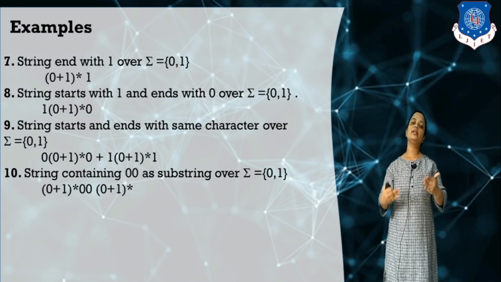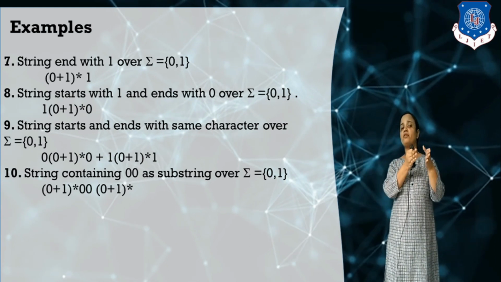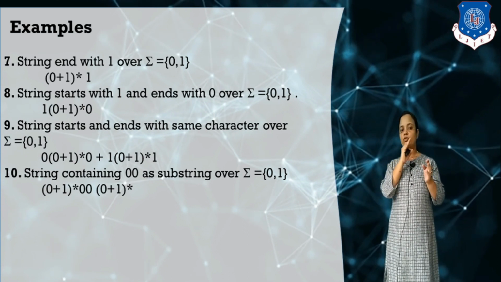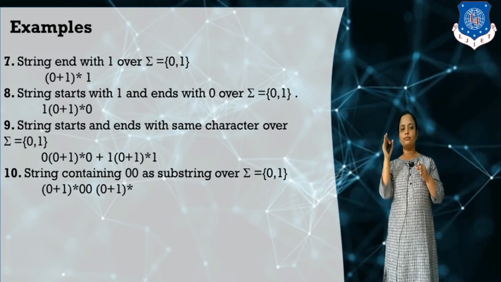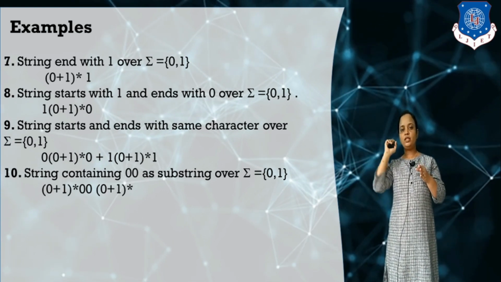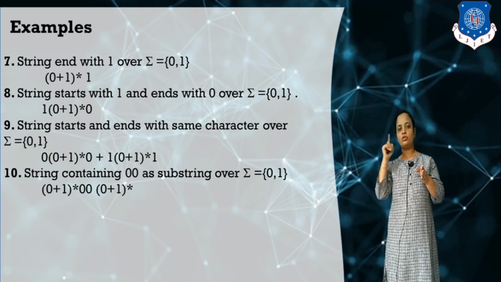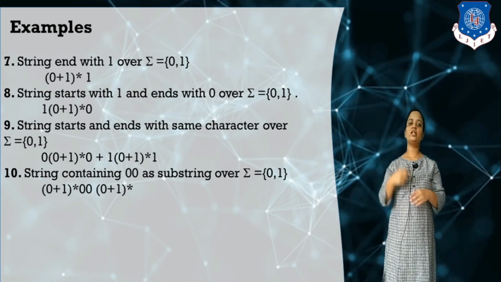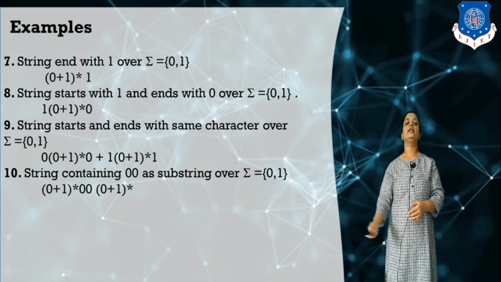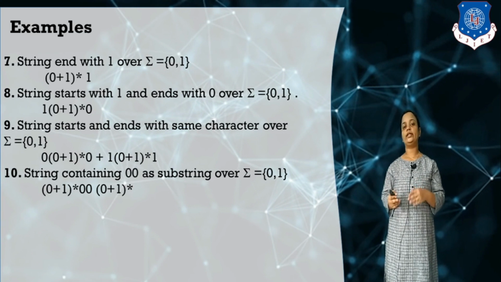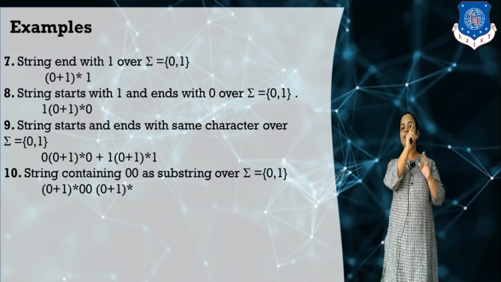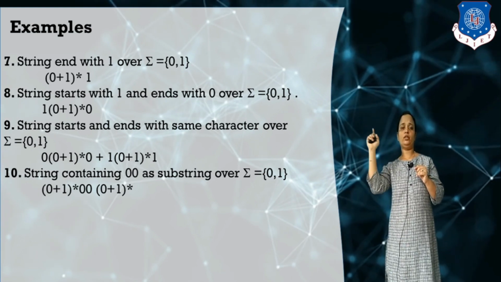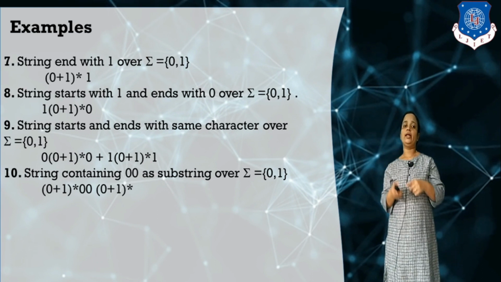Suppose I want to generate the string 0 0 1. In the first term I put nothing and in the last term I put the 1. So null dot 0 0 dot, raised to 1 means this term is repeated one time, so you can take either 0 or 1. To generate 0 0 1, in this term we pick up the 1. Likewise we can generate the set of strings containing the substring, like 1 0 0. In the first term the star is repeated one time, the last term is repeated 0 times, so pick up the 1 0 0 likewise.